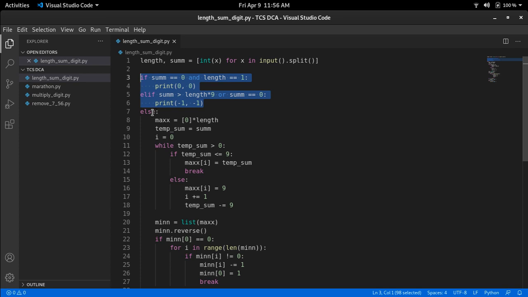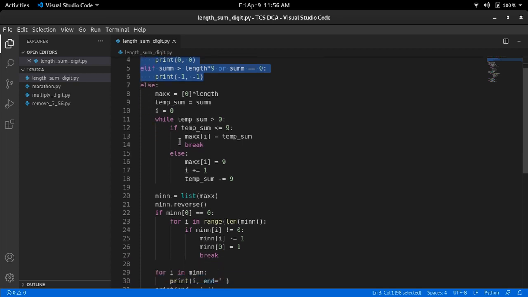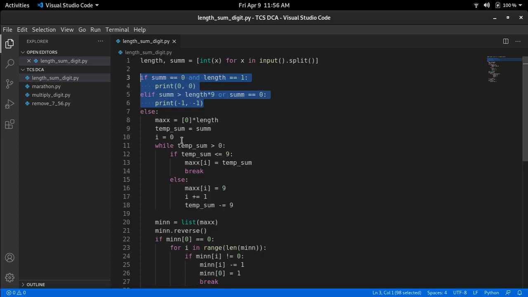From line number 7, in the else condition, we have written the actual logic which we discussed while approaching the problem. So now let's discuss the corner cases.